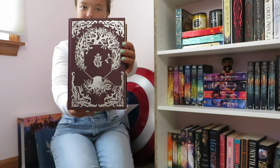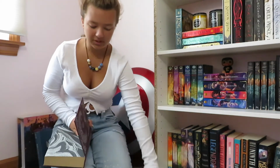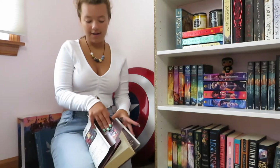under the dust jacket, like that's absolutely gorgeous. All of Leigh Bardugo's books under the dust jacket are just stunning. Like, I've seen what King of Scars looks like under the dust jacket. I have a paperback copy. I am struggling to get this back on. I have a paperback copy of King of Scars, and